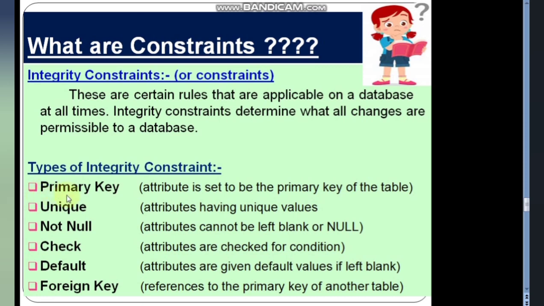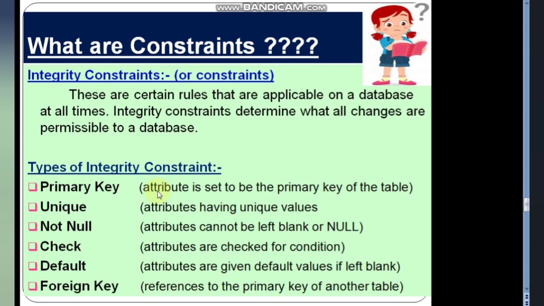First is primary key. This is an integrity constraint, a condition given to a particular field or a set of attributes which helps us to identify or differentiate between any two tuples within a relation.